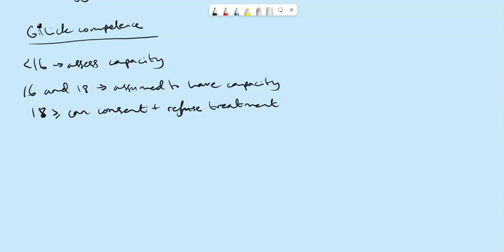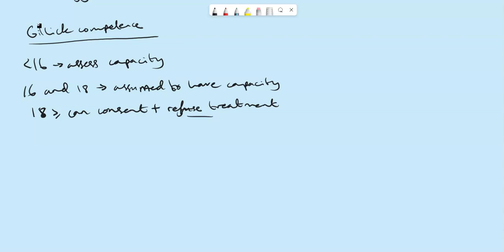So in someone who's 18 and over, when I talk about refusal of treatment, it simply means that if they have capacity, they can consent to treatment, and they can also refuse treatment, even if the treatment could have severe consequences like end of life. For example, refusing cancer treatment, which, if they don't get treated, they'll die of the cancer. Because at 18 you're considered legally an adult, so you can make your own decisions like this.